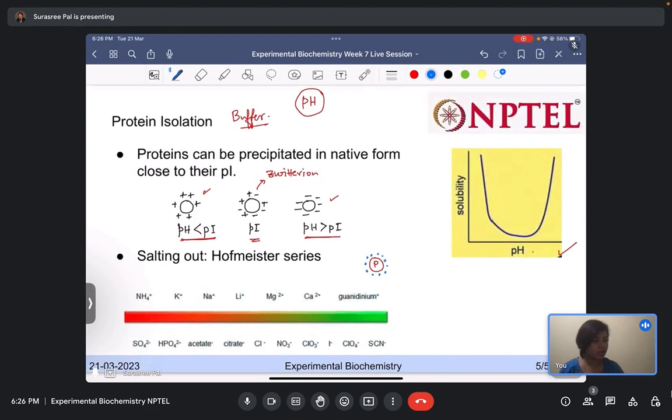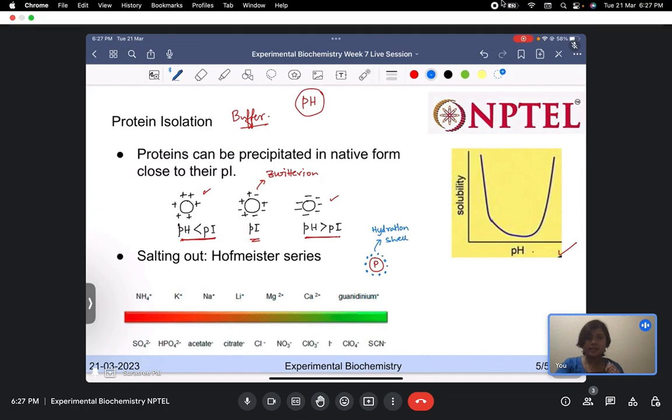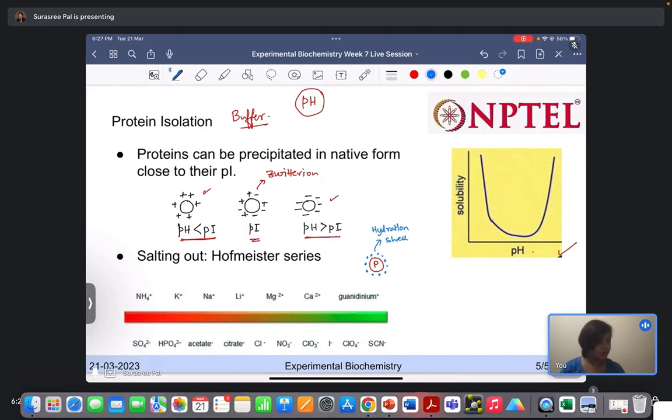So this is actually the hydration shell, which covers the protein molecules, the water molecules of the solvent or the buffer. Now when we add high concentrations of another ion,